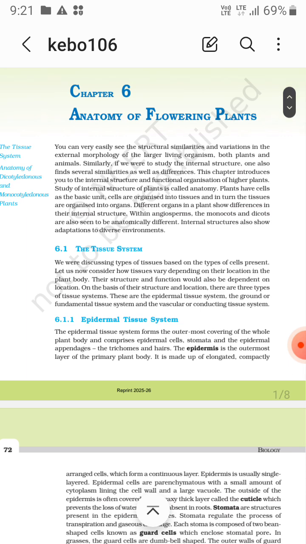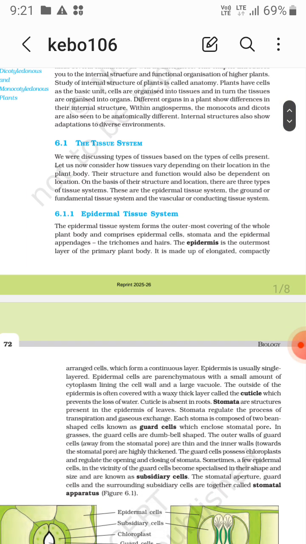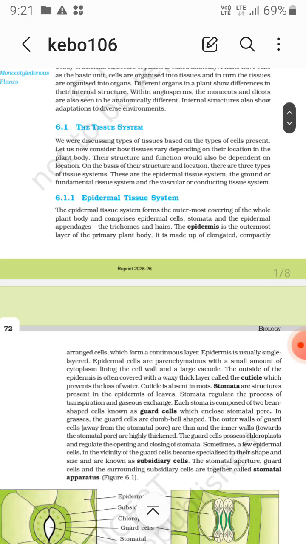So this is the anatomy of flowering plants. The first topic is the tissue system. It covers the types of tissues based on the types of cells present, and how tissues vary depending on their location in the plant body. Their structure and function also depend on their location, and on the basis of their structure and location,